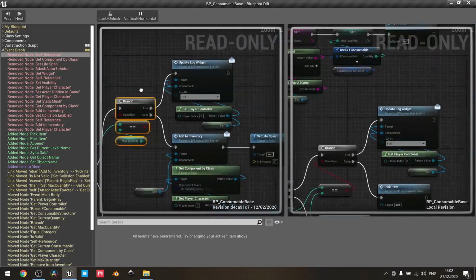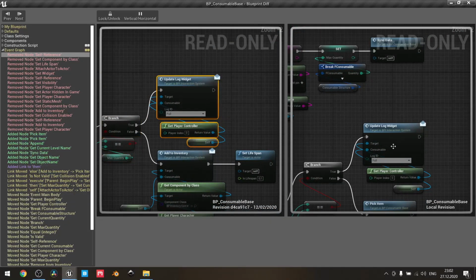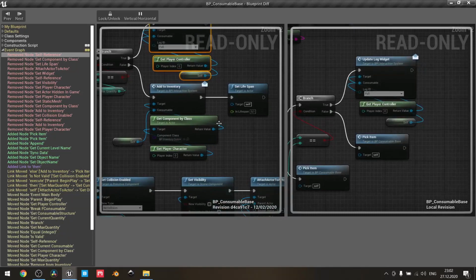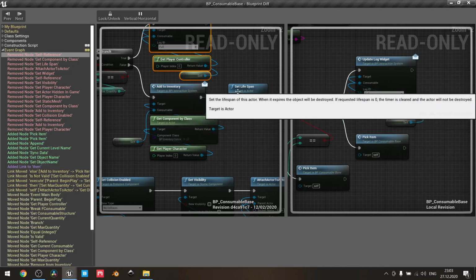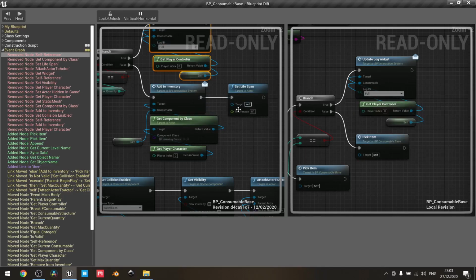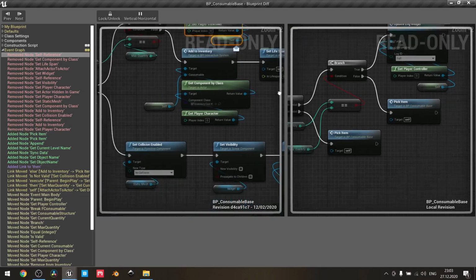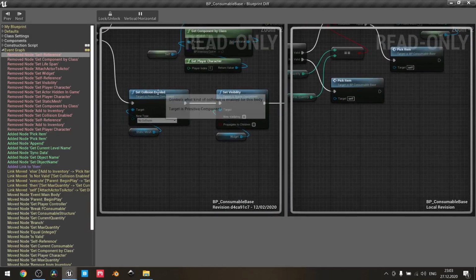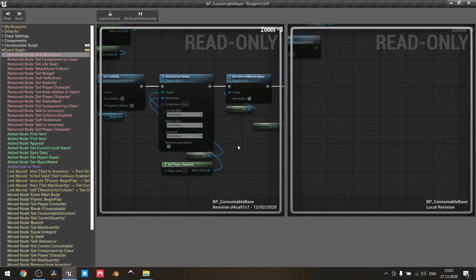So this doesn't change. There was the update log widget event. If we had false, there was add to inventory at set lifetime. Now it's pick item, and as you saw, it's actually the same add to inventory, but for the sake of restoring elements, I don't use set lifespan, I just hide it and make it pickable. And whether it's not valid, you can see the same logic, set collision, set visibility, but